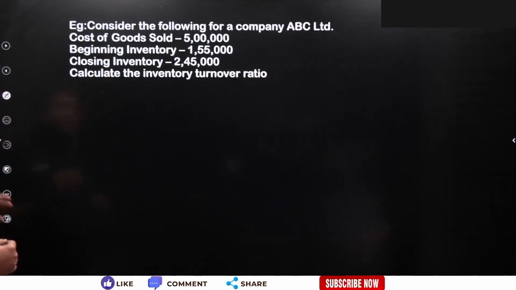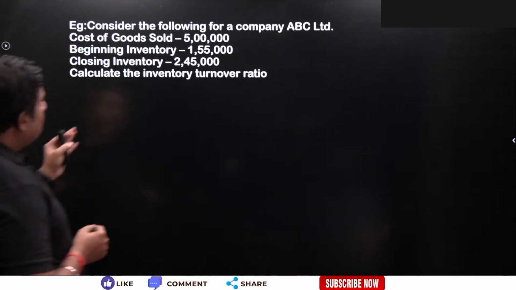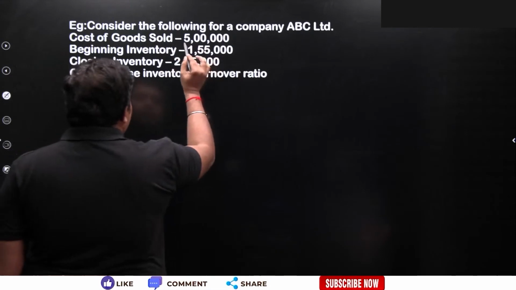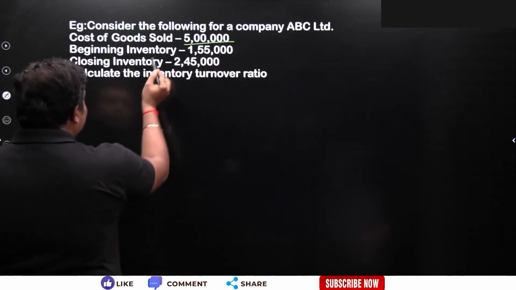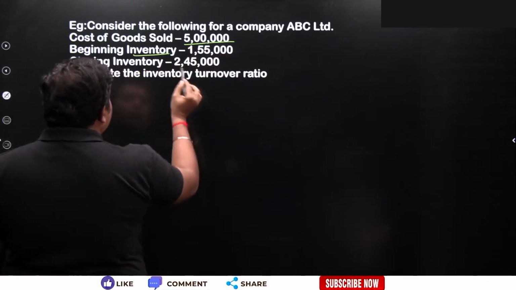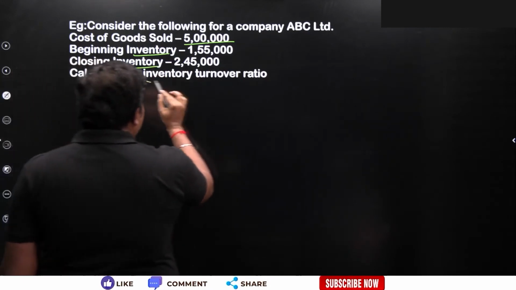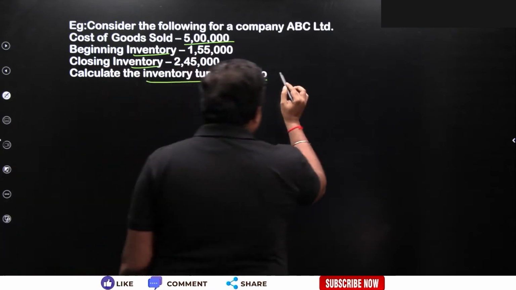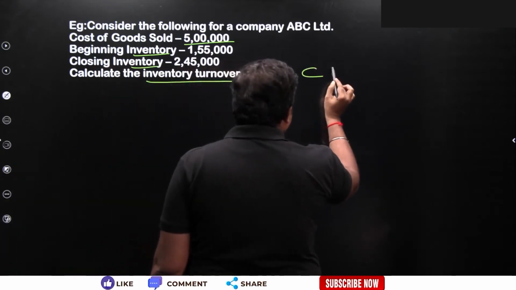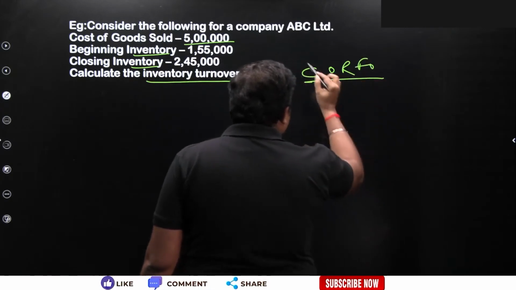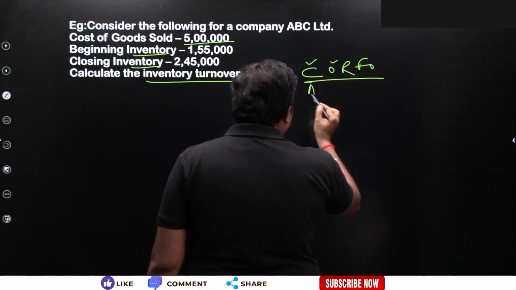एक एग्जाम्पल मैंने ले लिया बड़ा सिंपल सा, कंसिडरिंग द फॉलोइंग ऑफ अ कंपनी एबीसी लिमिटेड, कॉस्ट ऑफ गुड सोल्ड 5 लाख रुपीस का है, बिगिनिंग इन्वेंट्री मतलब दिस इज कॉल्ड इन्वेंट्री इन द बिगिनिंग, और इन्वेंट्री एट द एंड आपके पास इंफॉर्मेशन में गिवन है। सो इन्वेंट्री टर्नओवर रेशियो का फॉर्मूला आप लगा लीजिए, तो इसका फॉर्मूला होता है कॉस्ट ऑफ रेवेन्यू फ्रॉम ऑपरेशन, जिसको मैं शॉर्ट फॉर्म में यहां कॉर्फो लिख रहा हूं, कॉस्ट ऑफ रेवेन्यू फ्रॉम ऑपरेशन अपॉन एवरेज इन्वेंट्री।